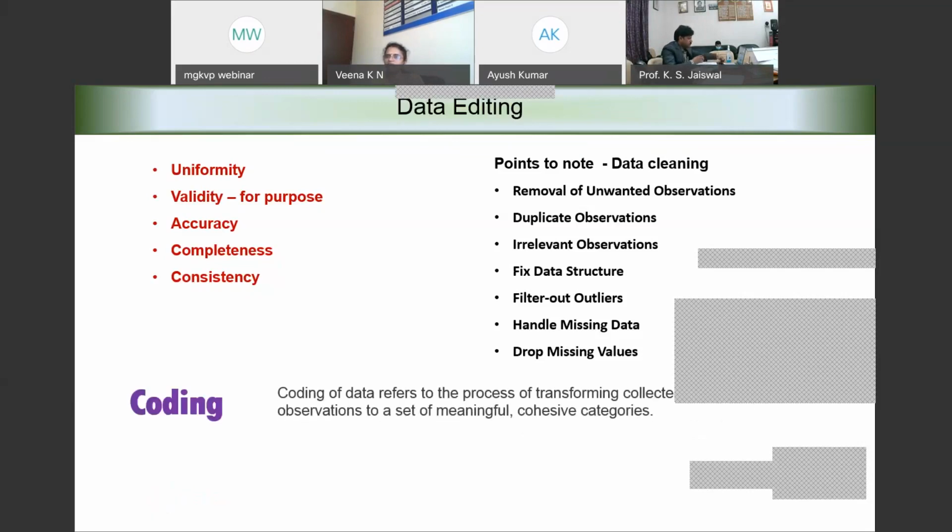And once we do the editing part of the data, we look into what is called coding. Have you heard of the word coding of data? Are you aware of coding?